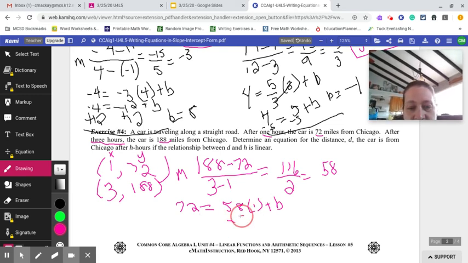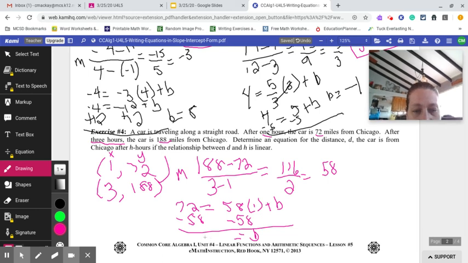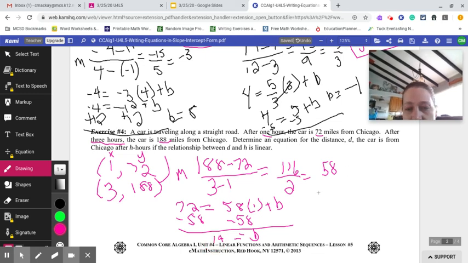So we're going to subtract 58 from both sides. And that gives me b equals 14. Okay, so that's the equation of y equals 58x